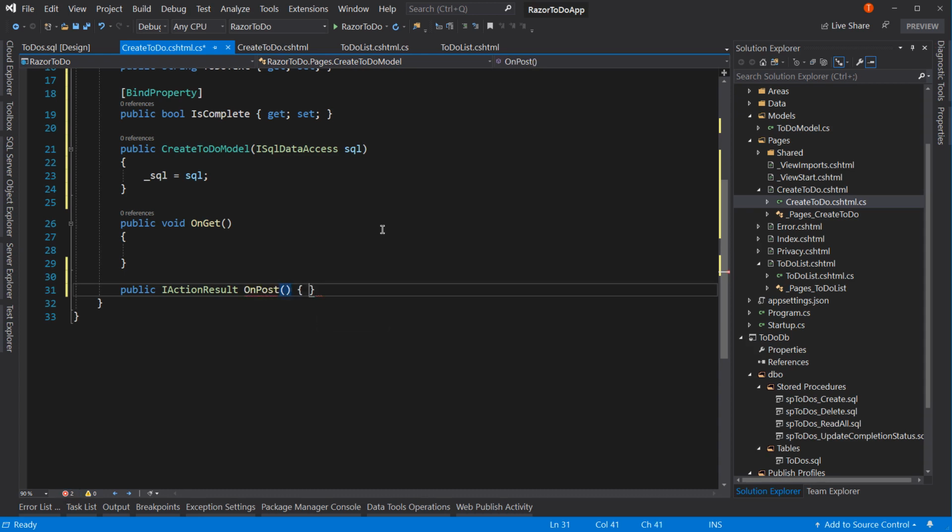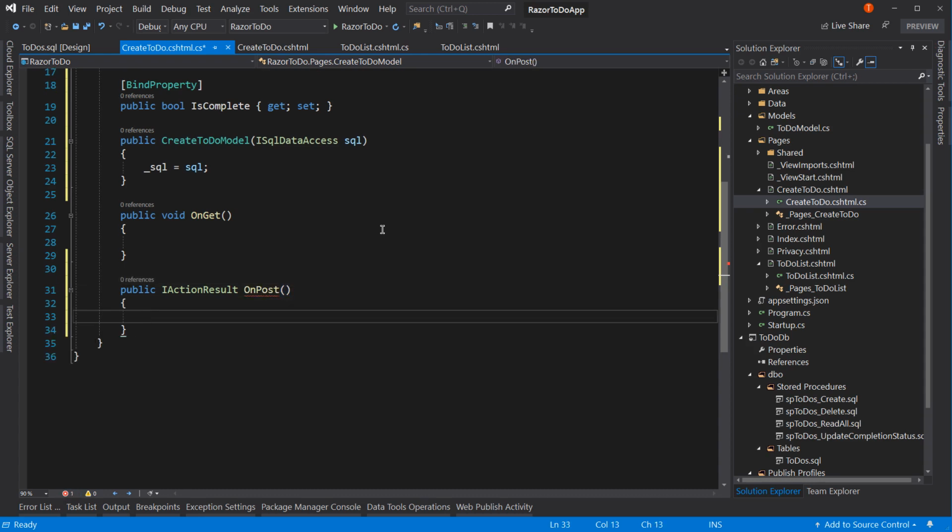So on post, and what this will do is we're going to say SQL dot save data, and this is going to save data into the stored procedure dbo dot